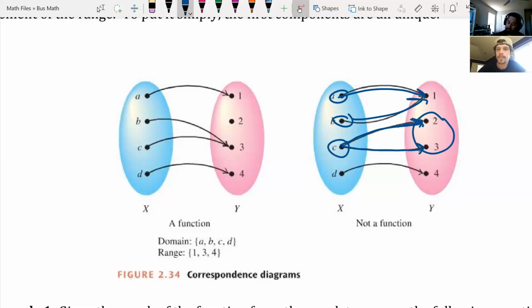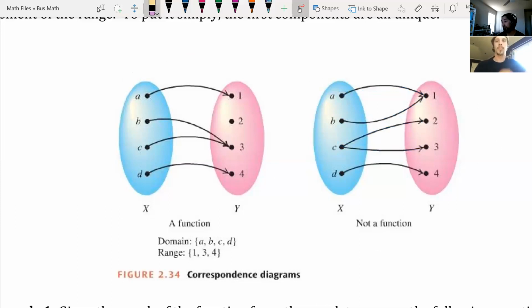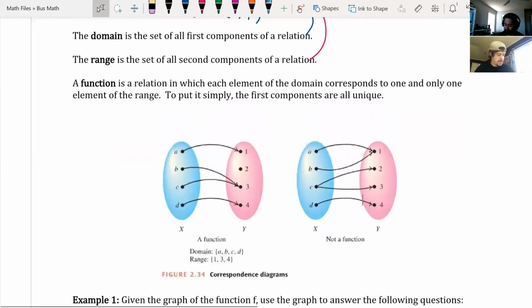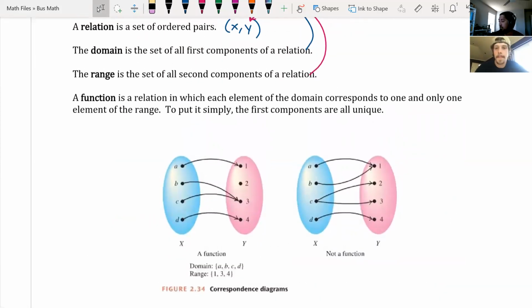So again, just to keep it really simple, to be a function, one X value must have one Y value. That's it. Okay. Any questions on that? No, sir. Okay. So next,